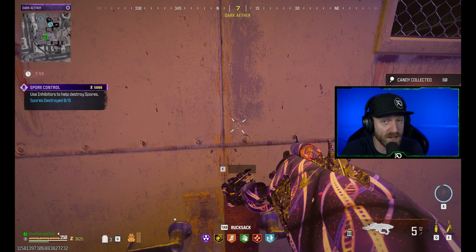Pack-a-Punch 4 for Wonder Weapons is back in Modern Warfare Zombies, but there is one major problem. You cannot take your Pack-a-Punch 4 guns into the Dark Aether or any of the story missions. That is, until now. I figured out a way to get Pack-a-Punch 4 Wonder Weapons with 400% more damage into